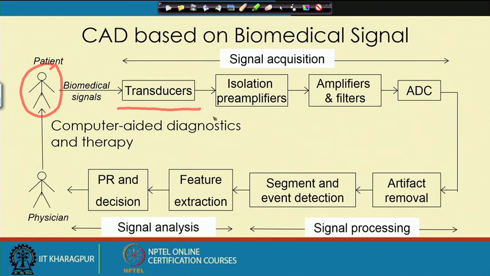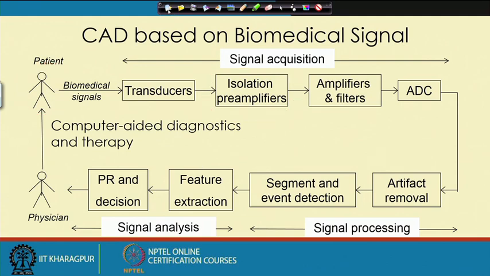We need to have an isolation preamplifier. It will do the job of amplification of the signal, and at the same time it will act as a weak link. If a high potential comes here, it will sacrifice itself and save that subject,